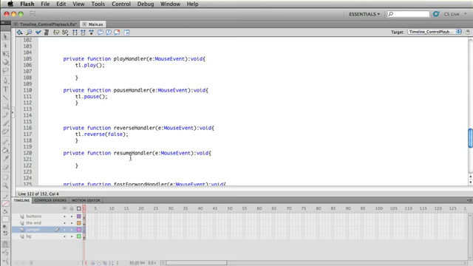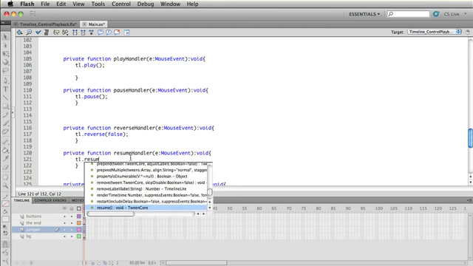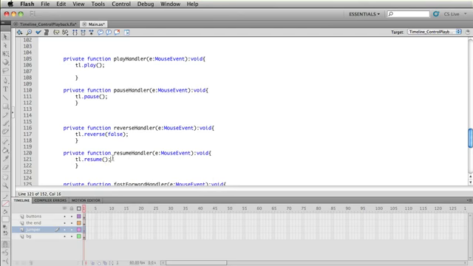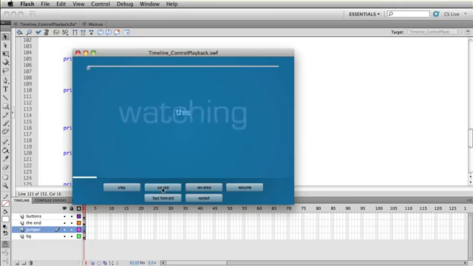And I'm just going to tell the resume handler to tell my TimelineLite to resume. So remember that force resume is set to false in my reverse function. And now if I play and I pause, let's focus on what resume does. Resume automatically says, hey, keep going in the direction you were previously going. If I pause and now reverse, again, we're not forcing resume, so I could manually hit resume, and now it